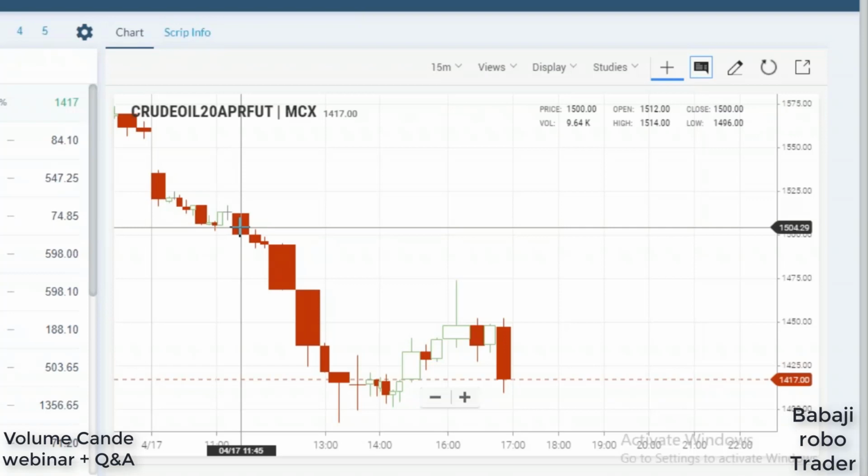Only by means of volume and the candlestick pattern we are taking this trade. There are no other indicators. With just the simple candlestick pattern and the volume, we can predict about 90% of the market, which direction it will go. Depending on the risk, we can take the position or not. That depends on the individual client's risk.